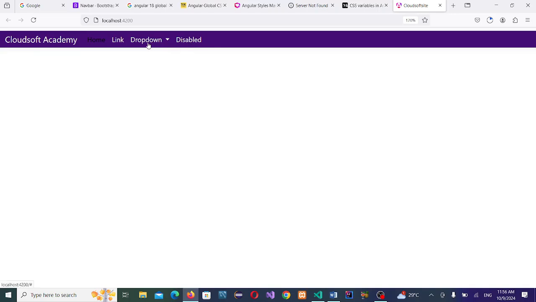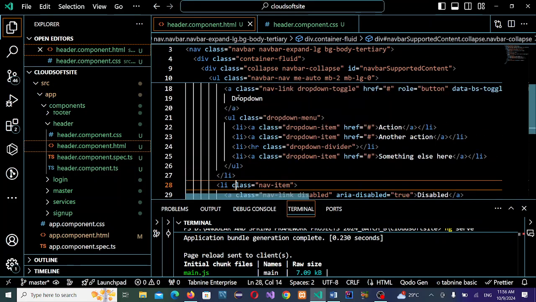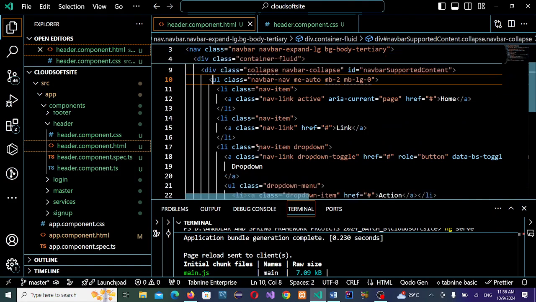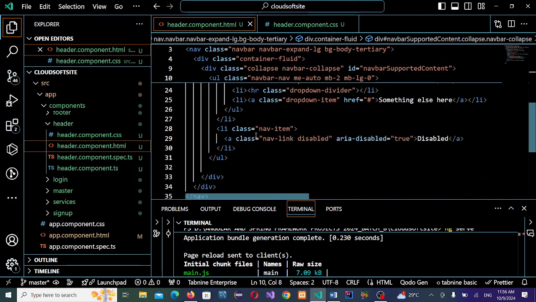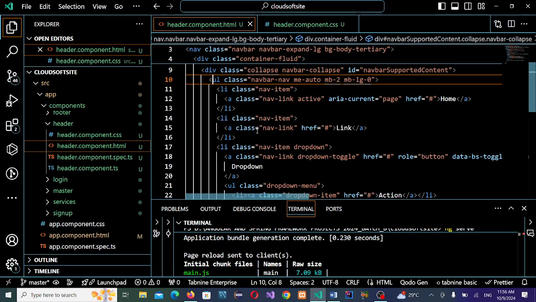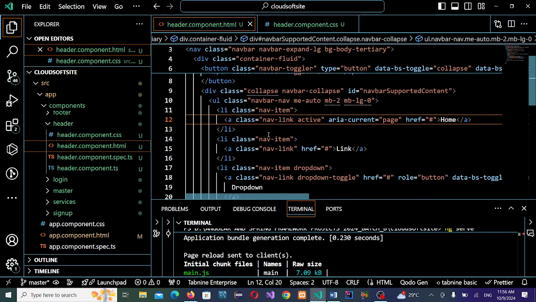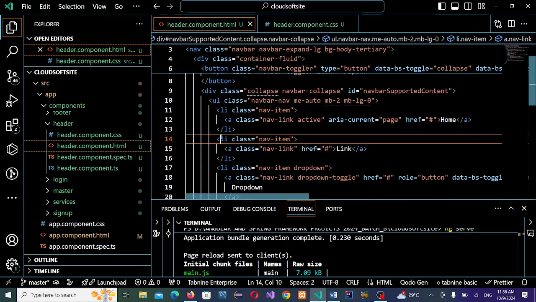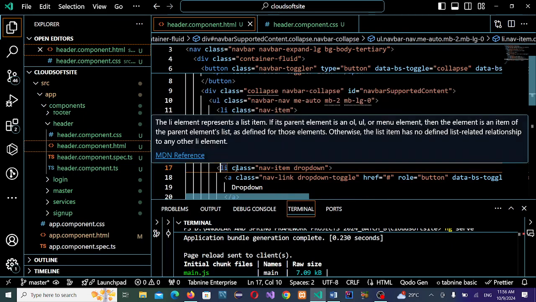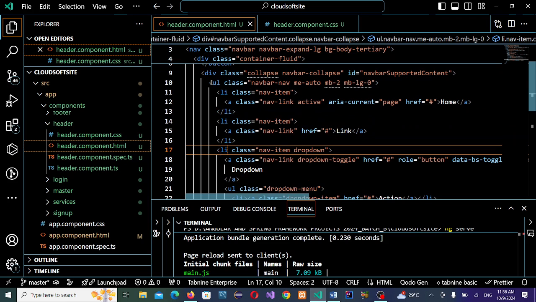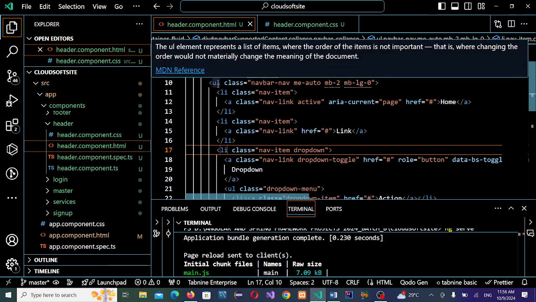Then the disable down to this, I only need link. So the whole of this item I think it's not needed. We only need link. Link is an item here, and dropdown is also an item under this